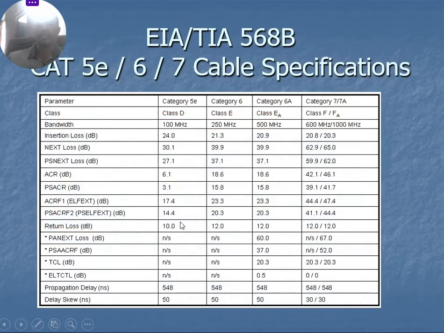Let's move on quickly. Now this is EIA/TIA 568B. This is the standard for our cable. You remember we said that before. So we are looking at category 5E, category 6, and category 7 cable specifications. Here we're going to look at these different categories and some parameters. These parameters could be in terms of class, bandwidth, the insertion loss. Insertion loss is called attenuation anyway. So the insertion loss or the attenuation, the near-end